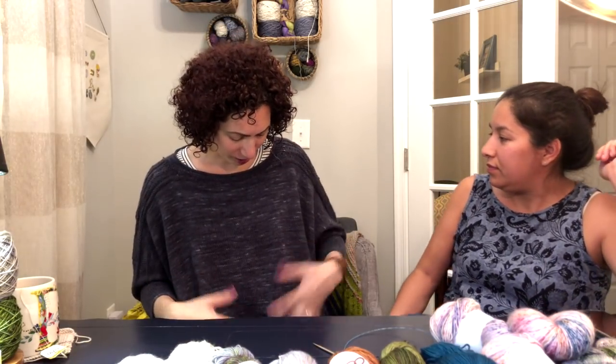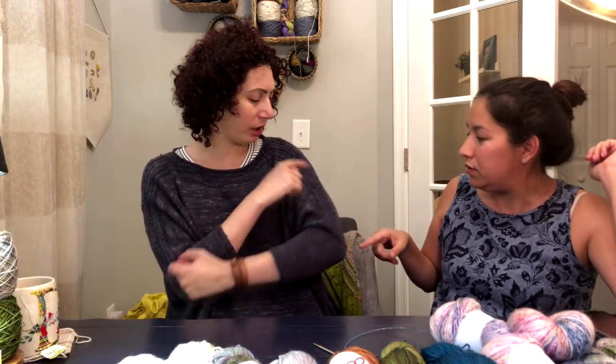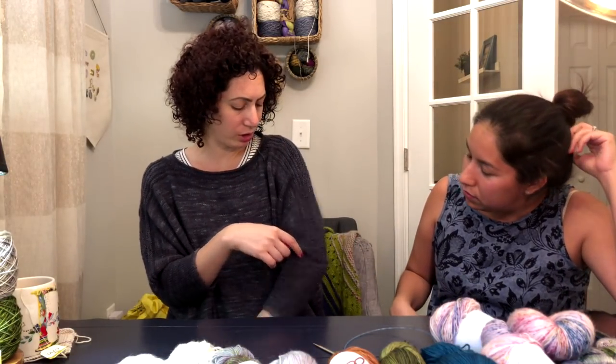It is, I think this is, a lot of stockinette in the round. It's just boring, but the results are good. Yes, the result is good. Do you do short rows here? Just in the shaping? Well, here, the only short rows were